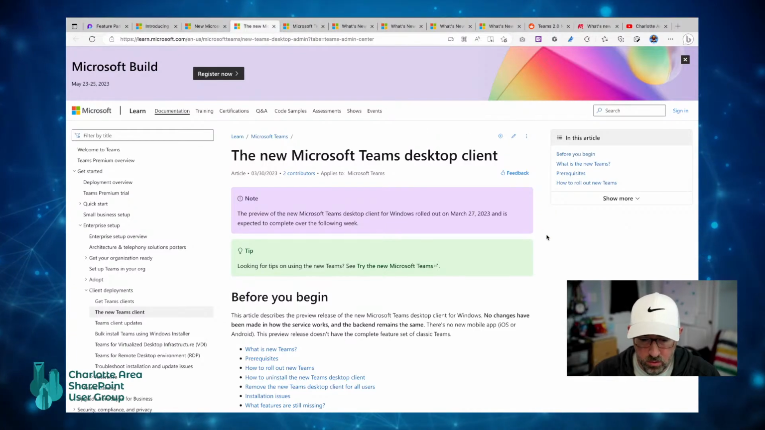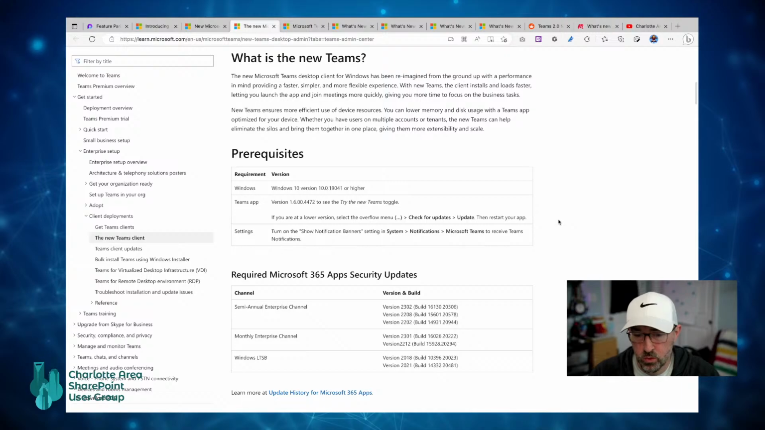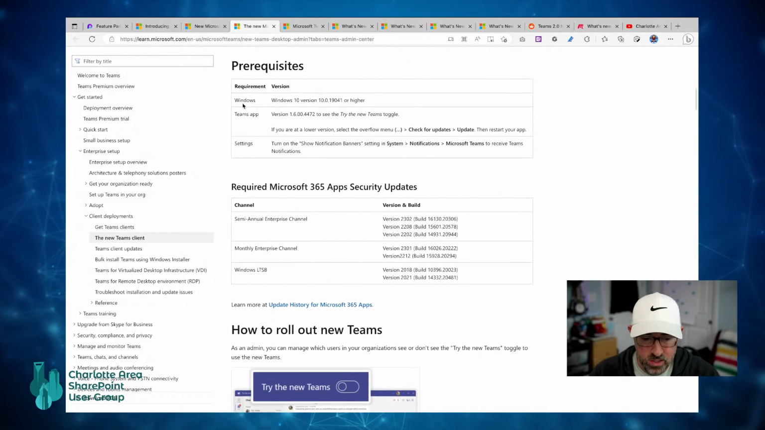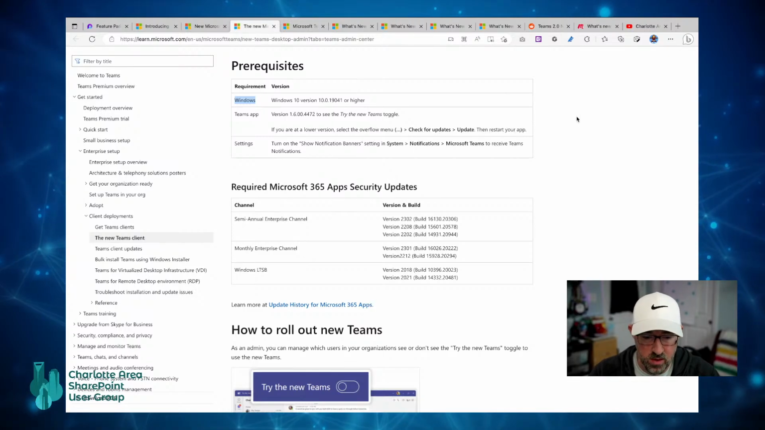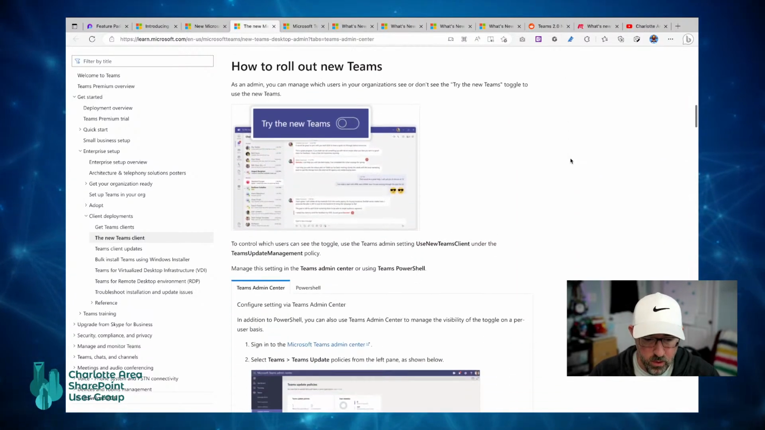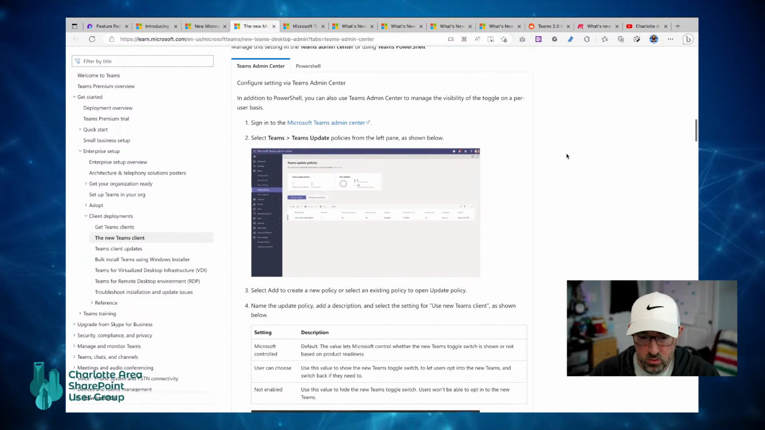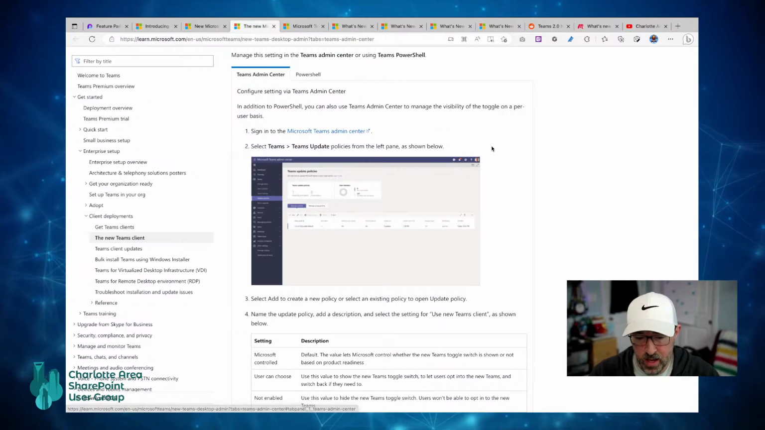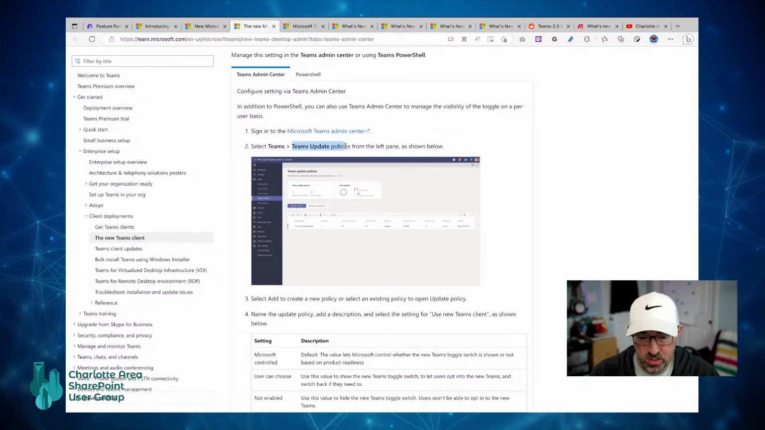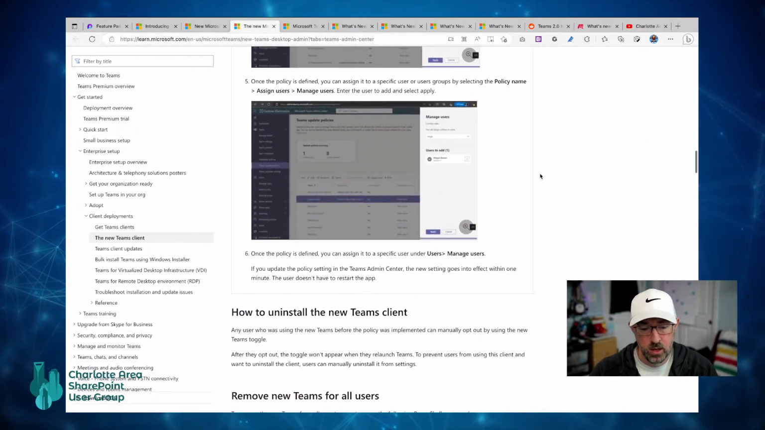So couple things that you need to know ahead of time. There's an explanation of what the new Teams is. The prerequisites, remember, currently Windows only, and you need Windows 10 or Windows 11 in order to run it. And then they talk about how to actually turn it on. And those of you that are admins, they've got the instructions for the admin center about how you can manage your Teams update policies in order to implement this. Now, moving down,